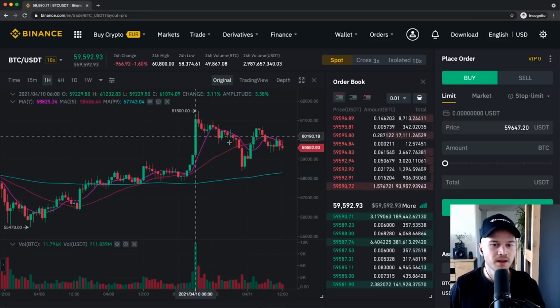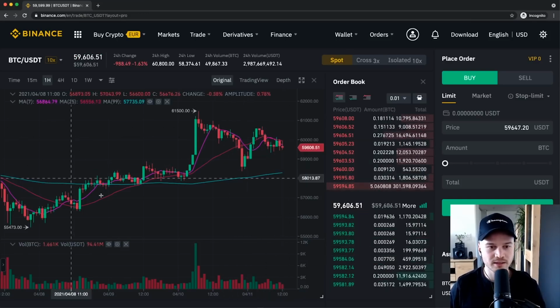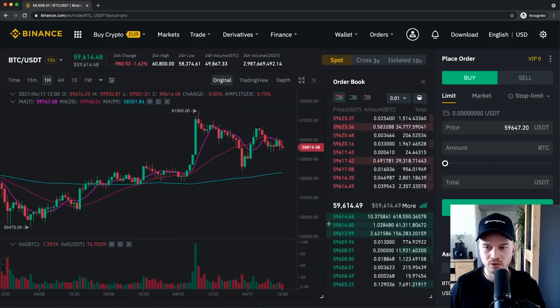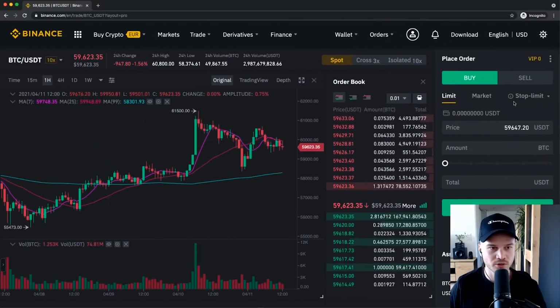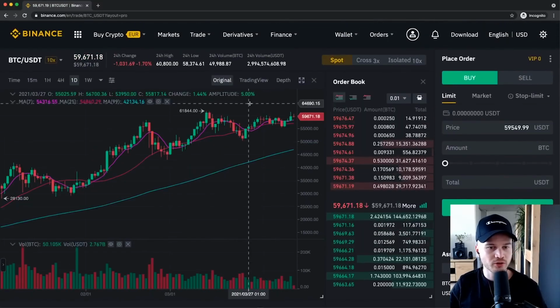on Binance. So the first thing that we see here is this candlestick chart right here. Then we have the order book right there. And then on the right side is basically where we can place some trades. So the first thing we want to do here is actually set a currency pair that we want to trade